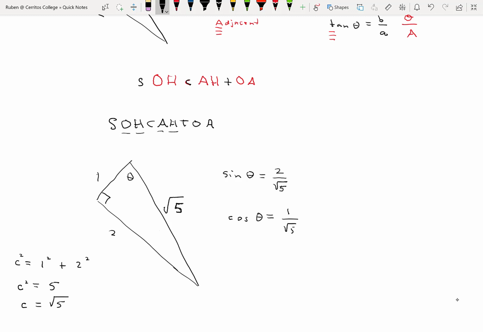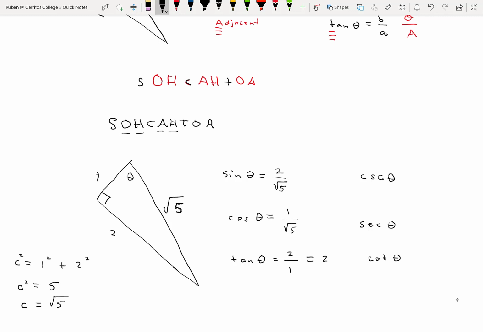Hypotenuse is radical 5. And finally, for the first three trig functions, the tangent of theta is opposite over adjacent. So 2 over 1, or 2. Okay. Now the other three trig functions in order were cosecant of theta, the secant of theta, and the cotangent